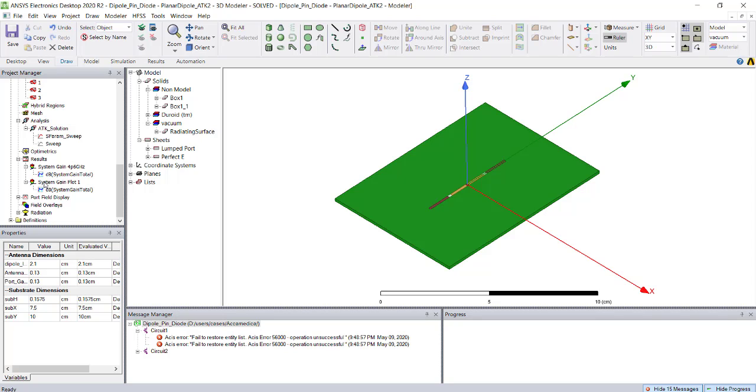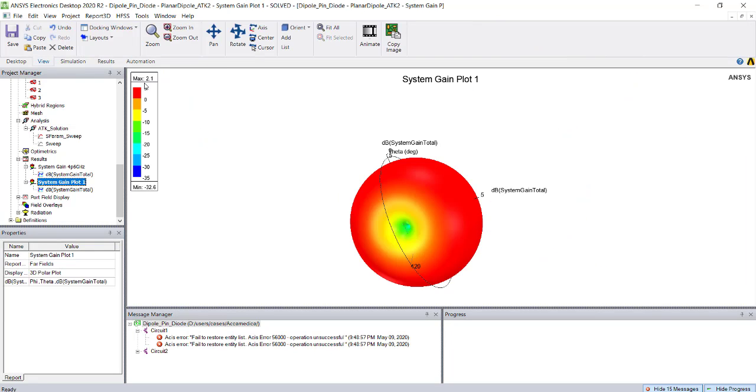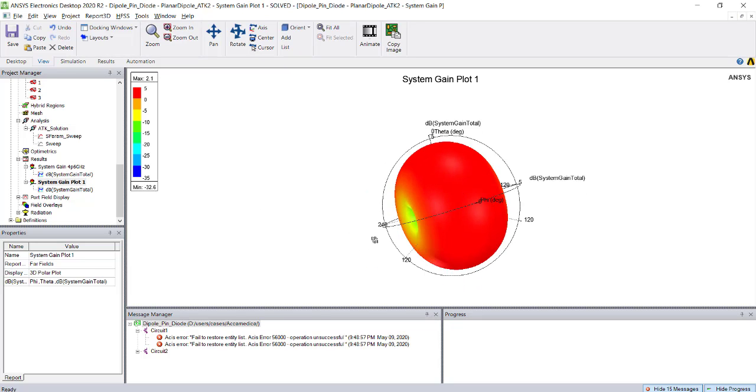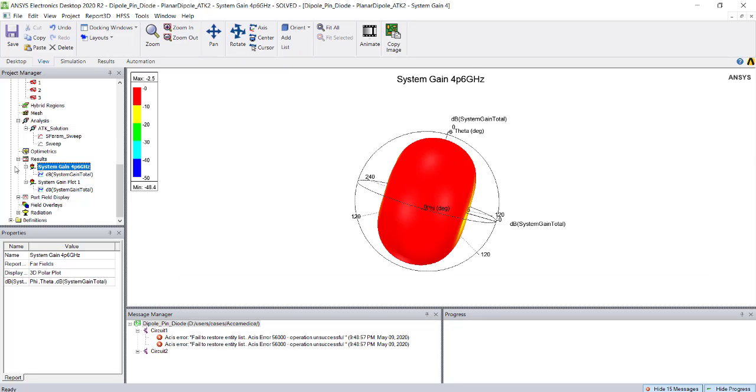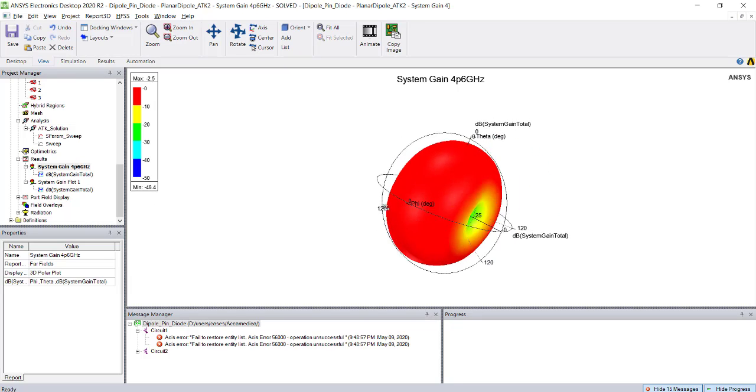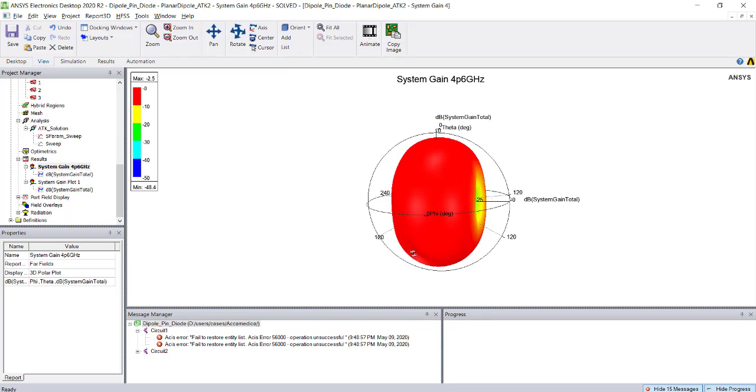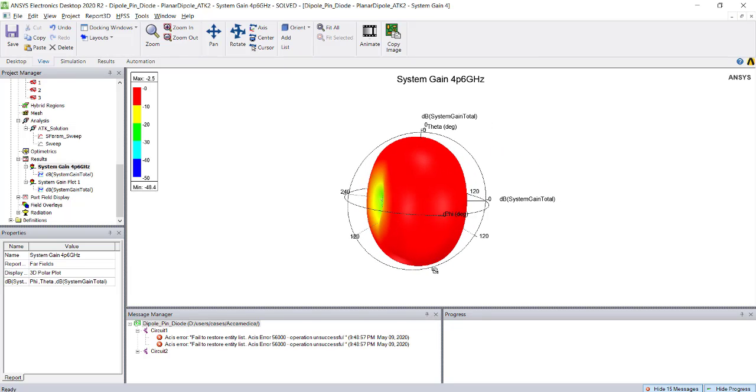If I go to 2.4 gigahertz, the gain is now 2.1, because when the diode is on, it is working at 2.4 gigahertz. And in the diode on case, the 4.6 gigahertz gain reduced to 2.5. Earlier it was 3.1 dB. So this is how we can combine both circuit and HFSS together.